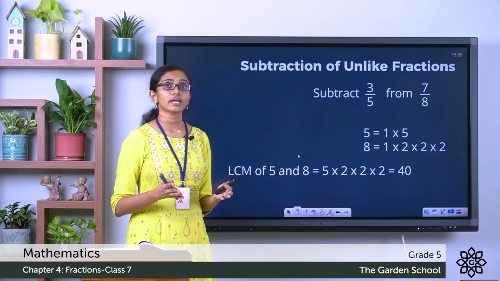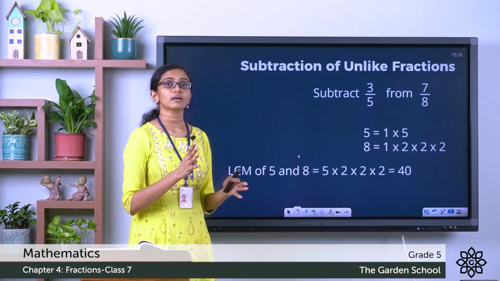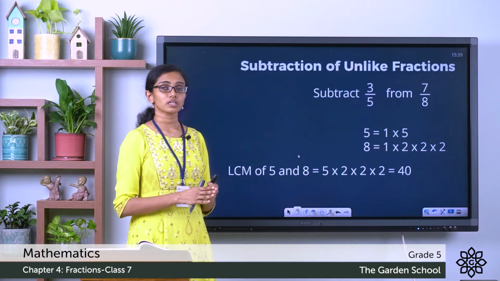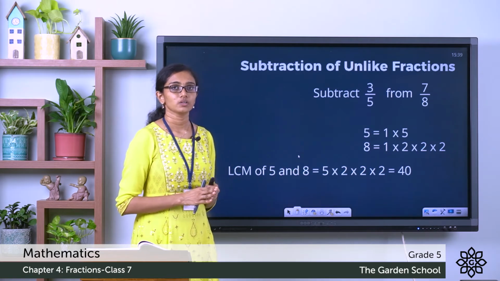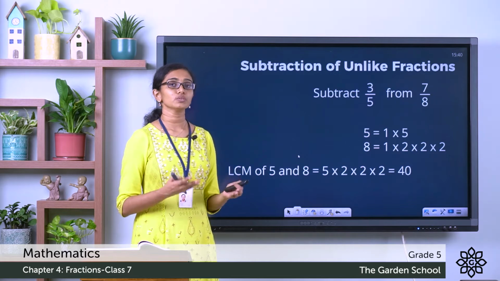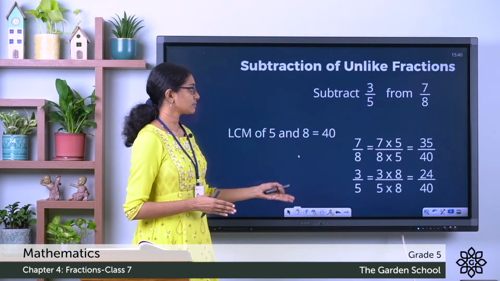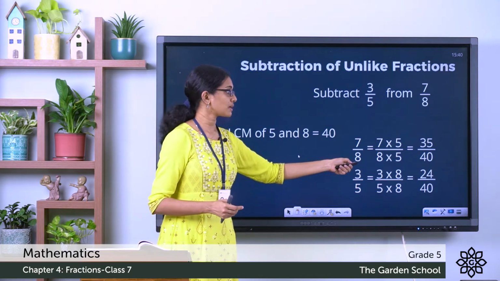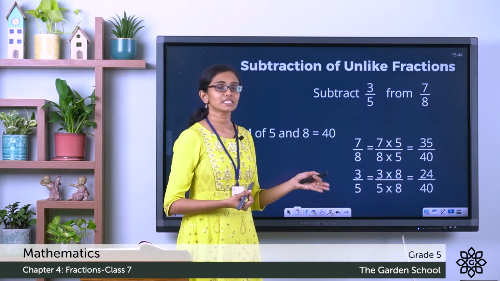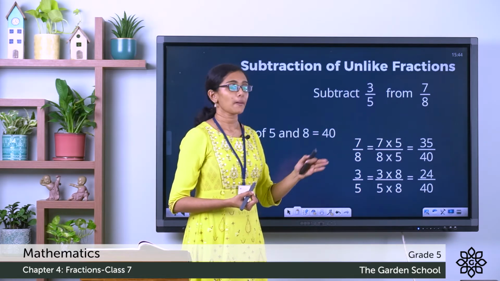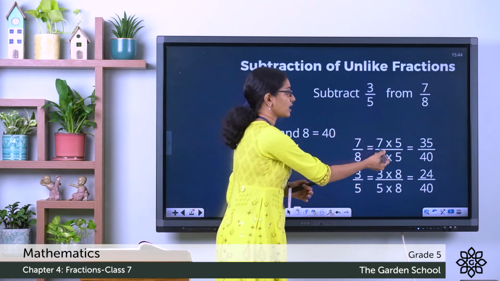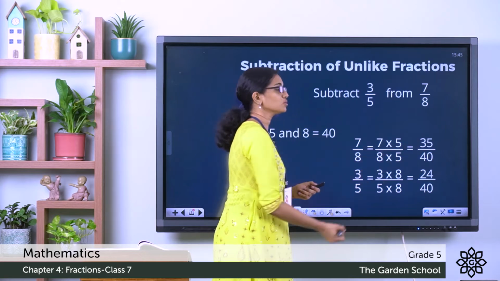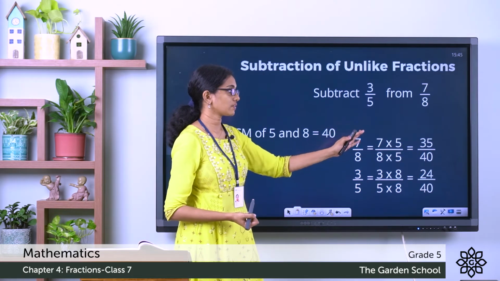Now when we make a change in the denominator, that should be applied to the numerator as well. So the next step is to change the numerators to match this denominator. So how can we do that? See, when you use the LCM as the denominator, in the case of 7/8, if it is changed to 40, that means 8 was multiplied by 5. So we have to multiply both the numerator and the denominator by 5. See, now the denominator is changed to 40, which is the LCM, and the numerator is changed to 35. So the new fraction is 35/40.